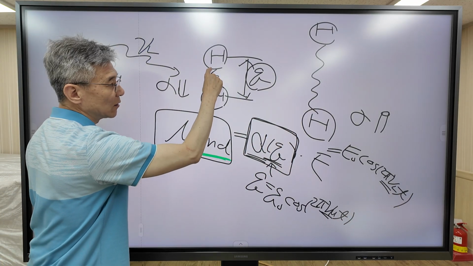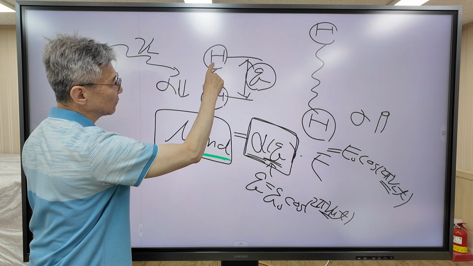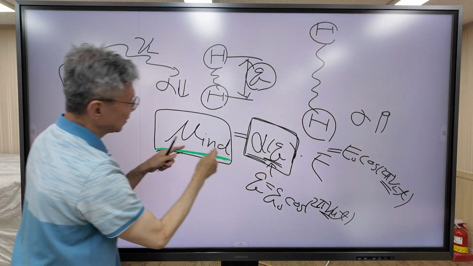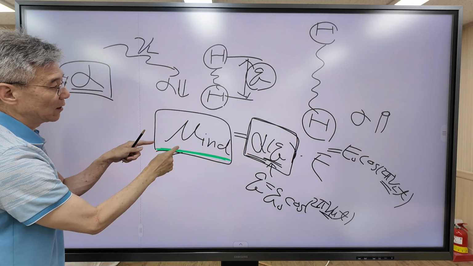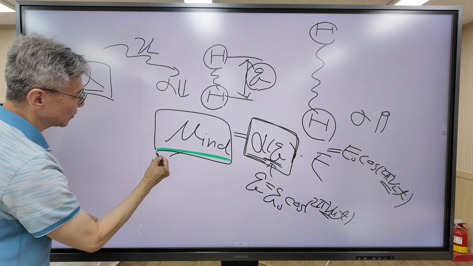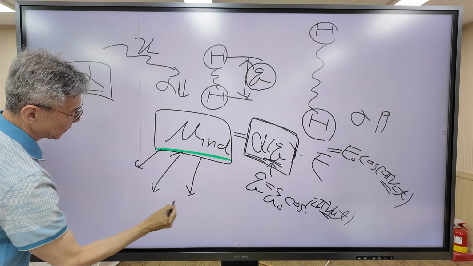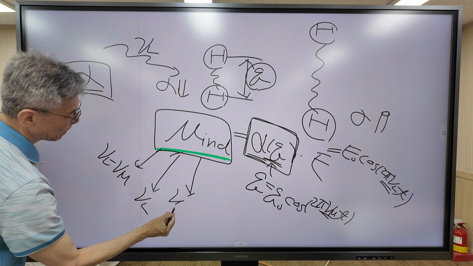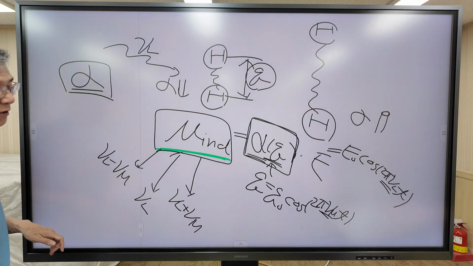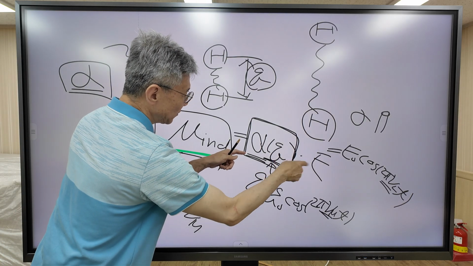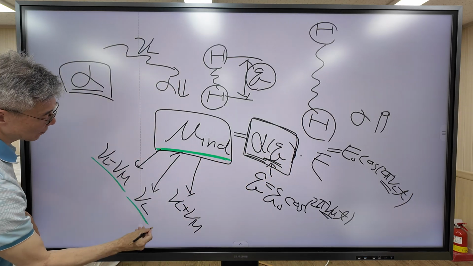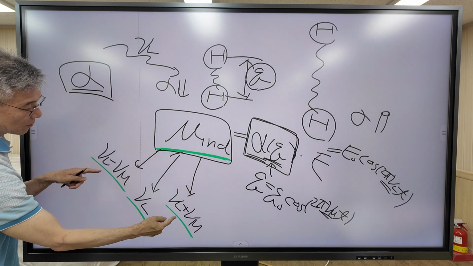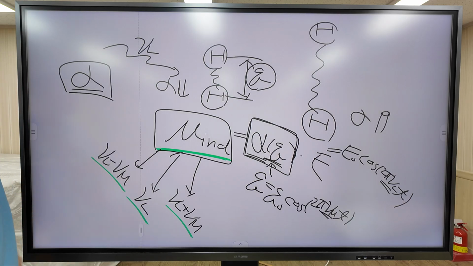And the molecule oscillates. The frequency of molecular vibration is nu M. When you multiply these two terms, the result also has frequency components. When you calculate these two terms, the frequency component has three terms: nu L, nu L minus nu M, and nu L plus nu M. We will show that when you expand this term, we get three frequency components. This one corresponds to Rayleigh scattering. These two terms correspond to Raman scattering.